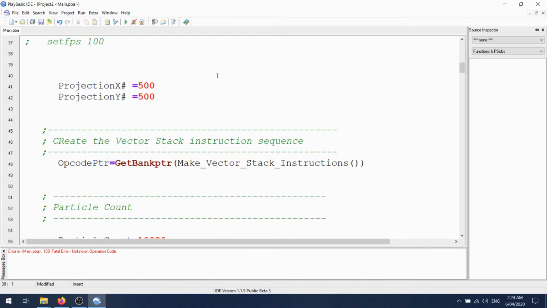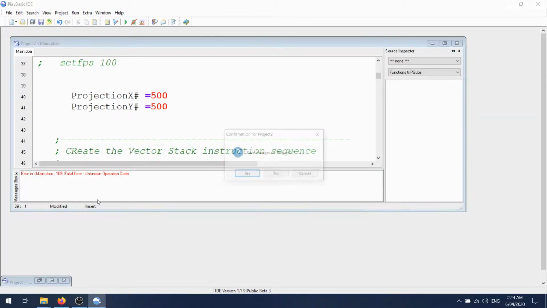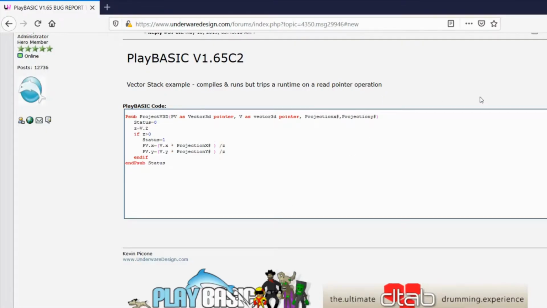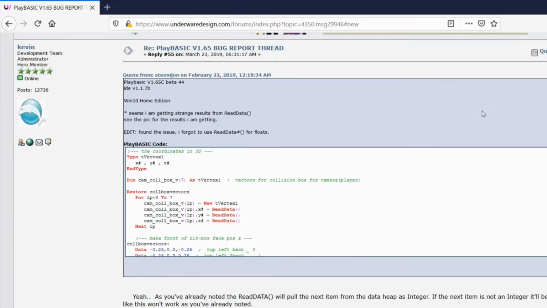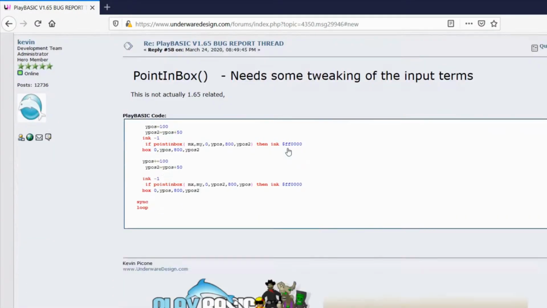It doesn't at the moment in 1.65. Small problem. Like most things. Get rid of that. Back to here. What else we got here? It doesn't work. Something about Steve. Oh, okay, yeah, there's a problem with data commands. I remember running into that one myself. One I have run into a bunch of times now is